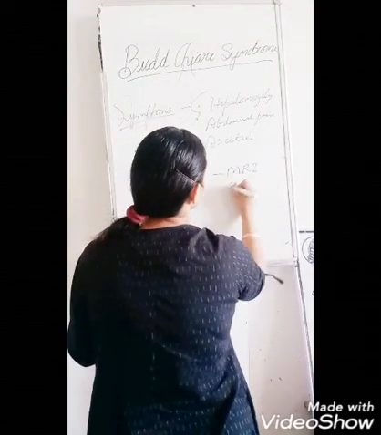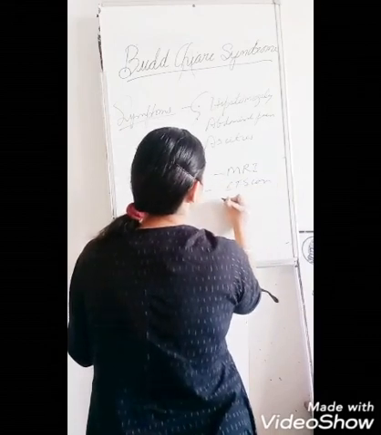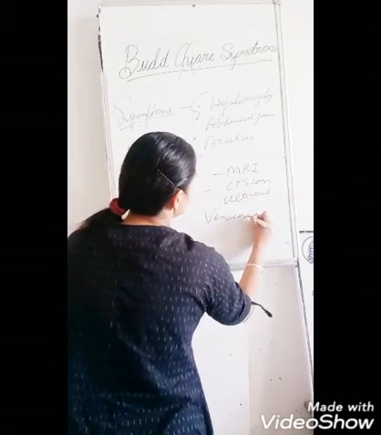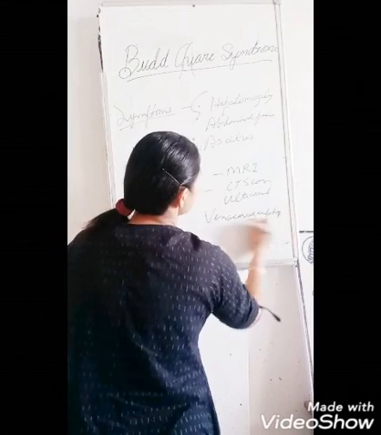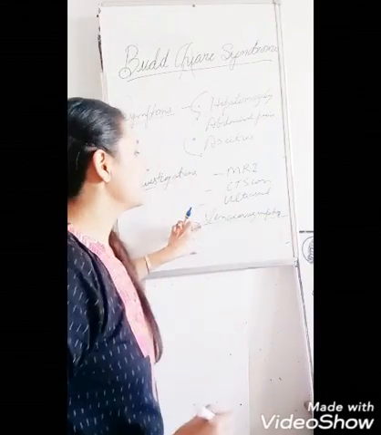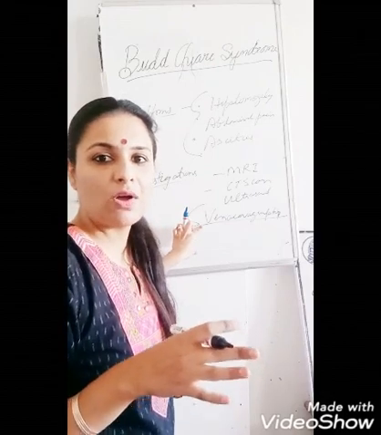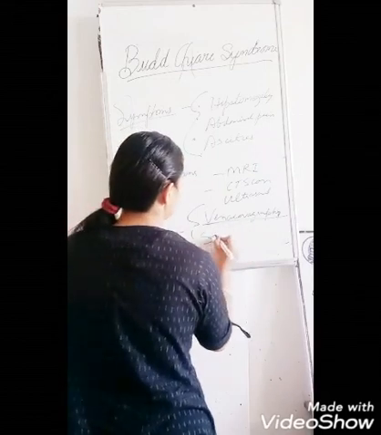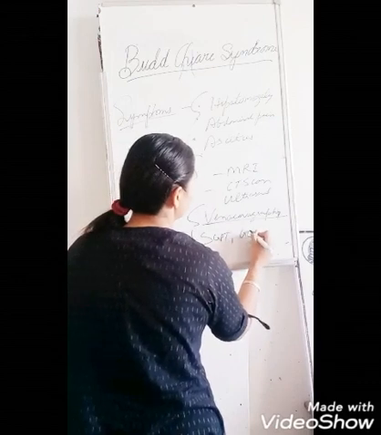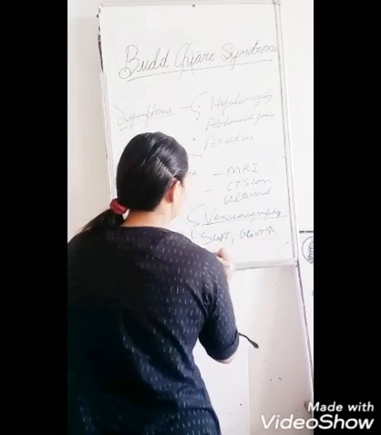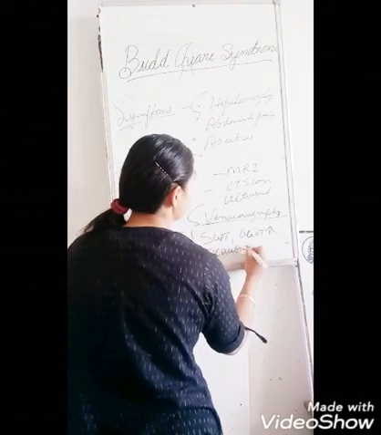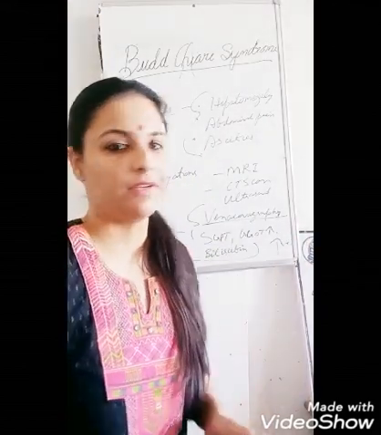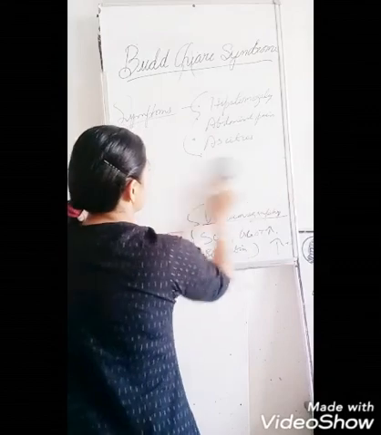In investigations, we will go for MRI, CT scan, Doppler ultrasound, and venacavography. This is an imaging technique in which the web in the suprahepatic portion of the inferior vena cava can be easily seen. Then liver function tests, in which SGPT and SGOT are elevated, bilirubin is elevated because that causes jaundice, and creatinine is also elevated. So these are the investigations.